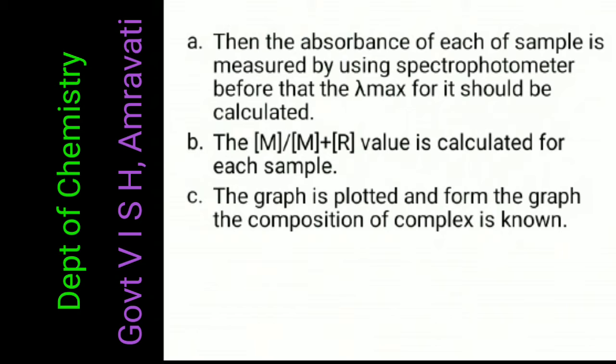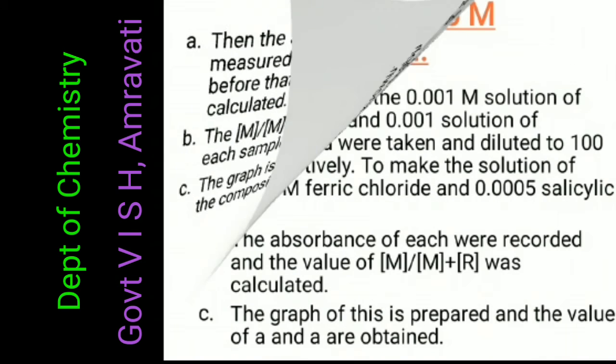As I told you, when the light is passed on the sample, some light is reflected and you will get some measurements or figures on the spectrophotometer. That is the overall thing that you have to do, and you will get the lambda max of it, and the graph is plotted. In this way the procedure is done.